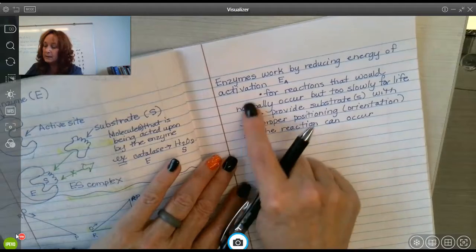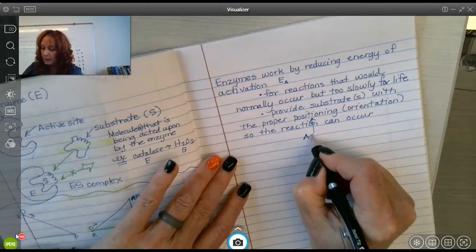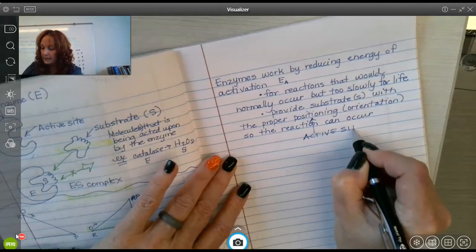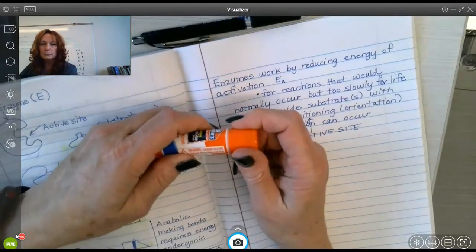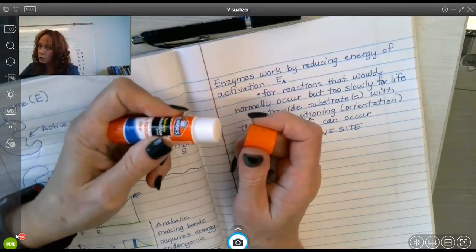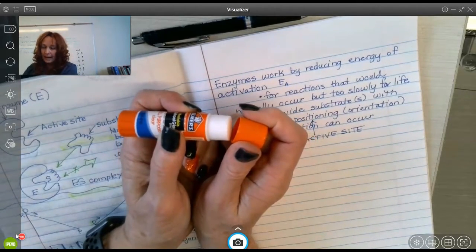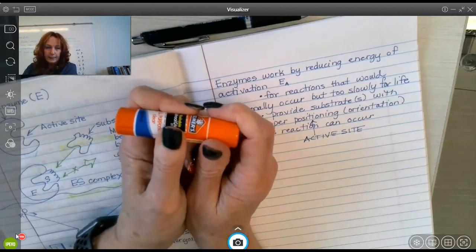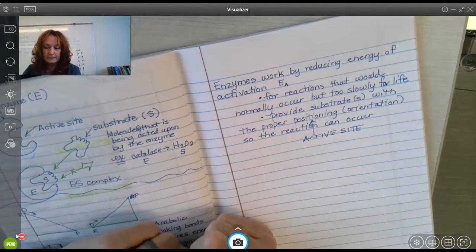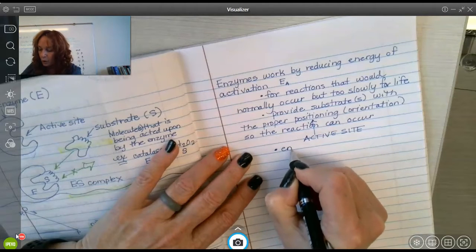And so this is all because this proper positioning is that active site. It's about structure. Because of how I'm made, guess what? I'm going to hold you. You just like this, and you just like that. I'm an enzyme. You're going to naturally then, because you're in the perfect position, the reaction's like, yep, rolling downhill. Easy peasy. And we want to be sure that we recognize that enzymes are not used up